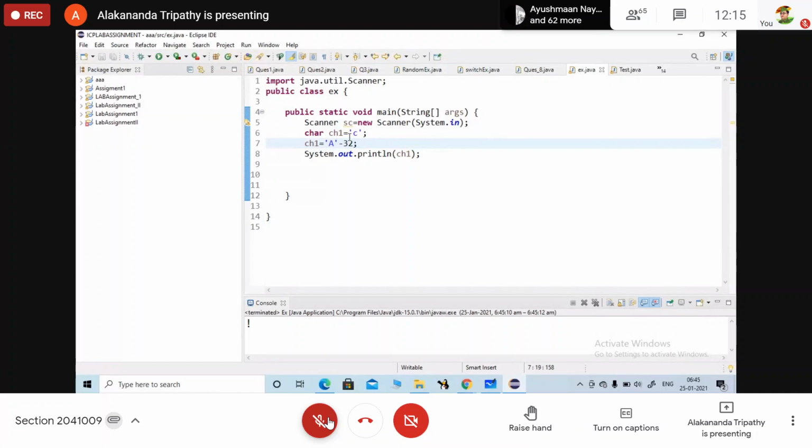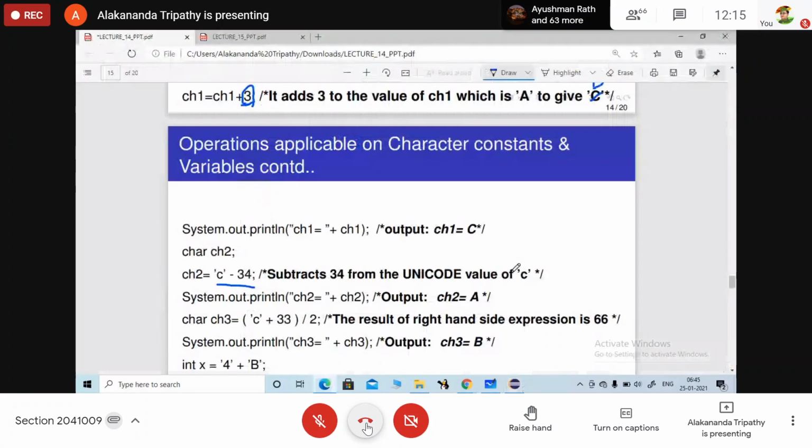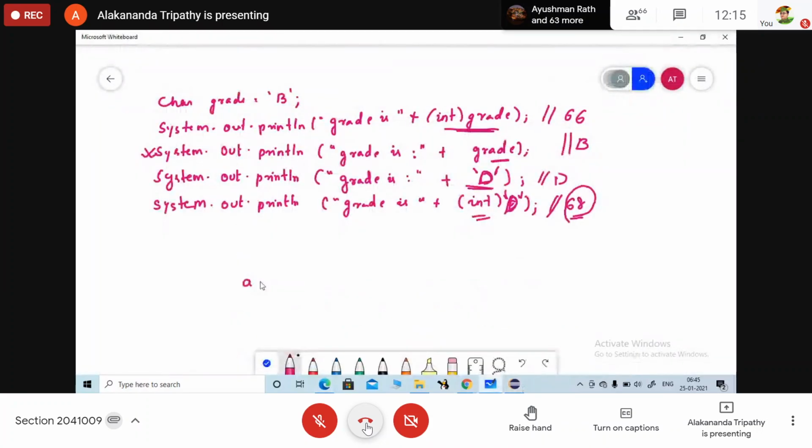Small c is 99. Small a is 97, B is 98, C is 99. So 99 minus 32 is 67.